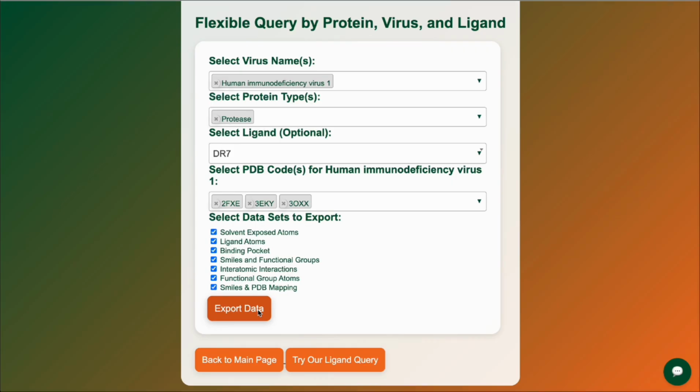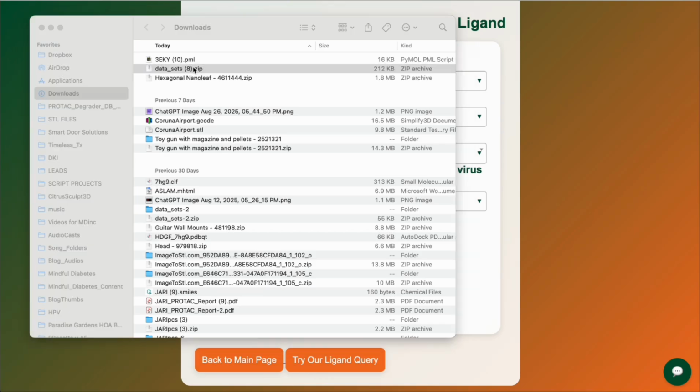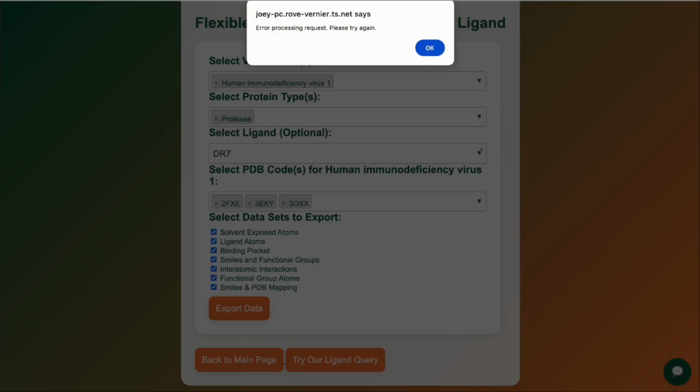You then just choose export data, and what you end up receiving when you select that option is you actually receive each of these files individually in a zip. In addition to that zip, though, you also receive